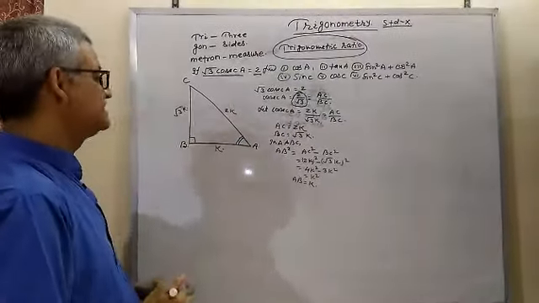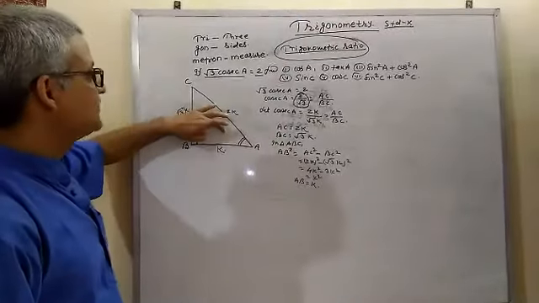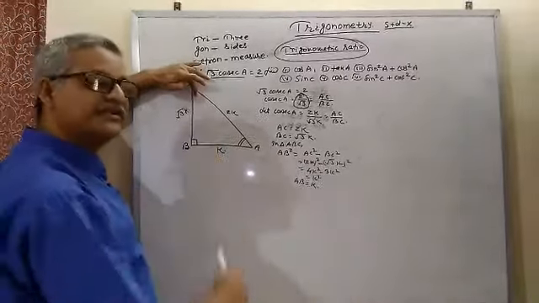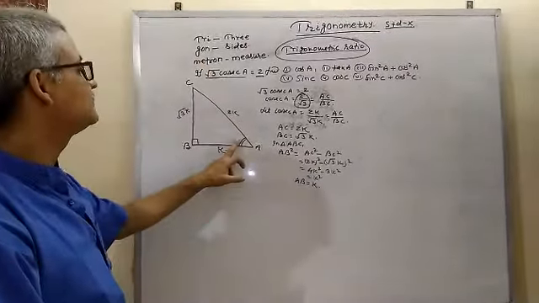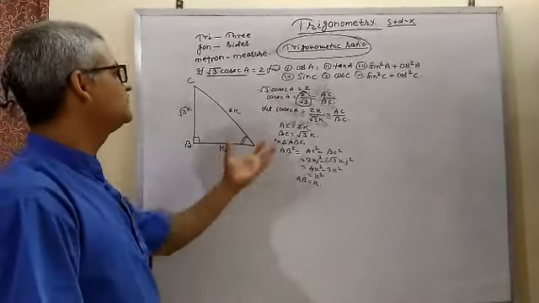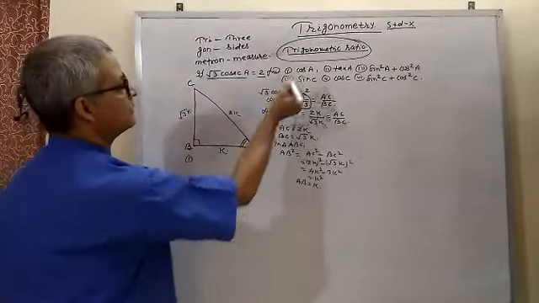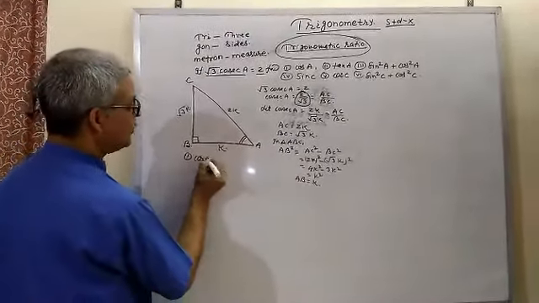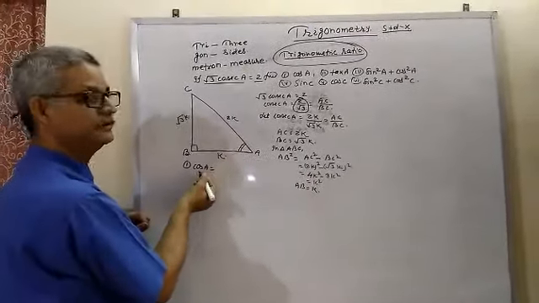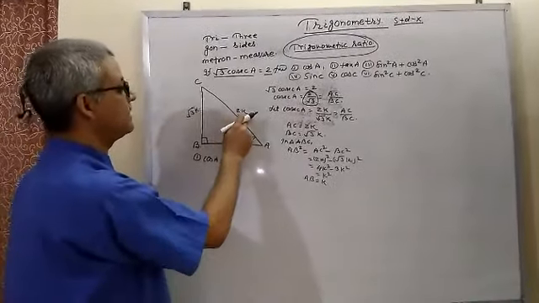Now we have all three sides here. When we get all three sides, according to this reference angle, we can find out all 6 trigonometrical ratios. According to the question, now we will find out. The first is cos A. Cos A means according to this reference angle, we need the cos value. So for this reference angle, this is the perpendicular, this is the base, this is the hypotenuse.